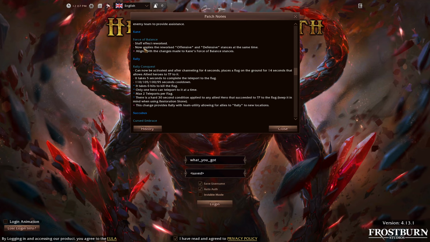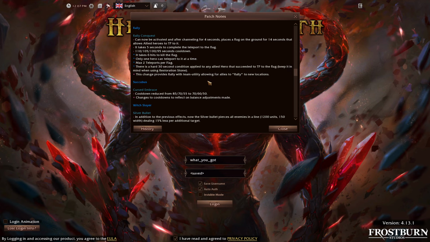Kane, staff reworked. Flies off as a defense stance. Oh, that's pretty cool. He gets both stances permanently with the staff. Aligns with the chain. Alright, so we have to wait for the balance on Kane to talk about that some more. Rally's Conquest. Places a flag on the ground for 14 seconds. Allows ally heroes to TP to it. It takes 5 seconds to...